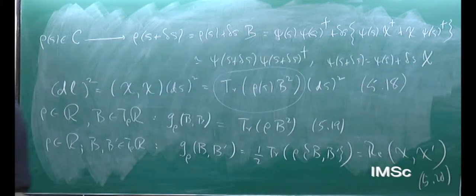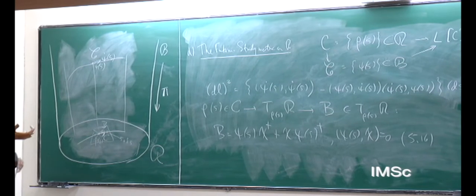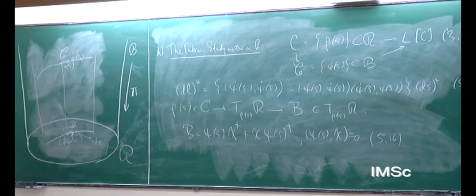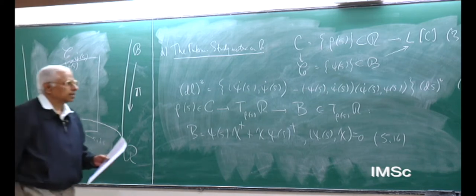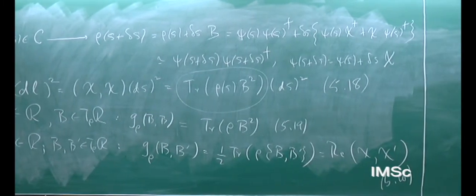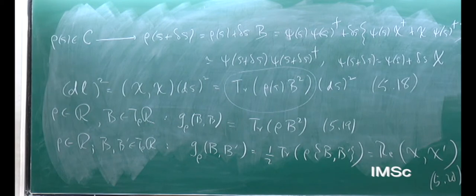The spirit has been, we have long ago defined what we mean by the length of a continuous curve in the ray space. We want to extract from it a metric tensor, Riemannian metric tensor at each point along the curve. This is the procedure. Okay. So the algebra involved is quite elementary. So this is the expression for the Fubini-Study metric. It's a Riemannian metric on the ray space. And now comes the icing on the cake.